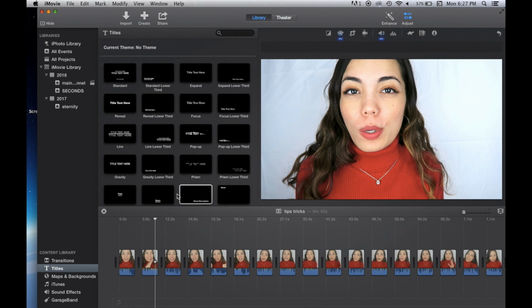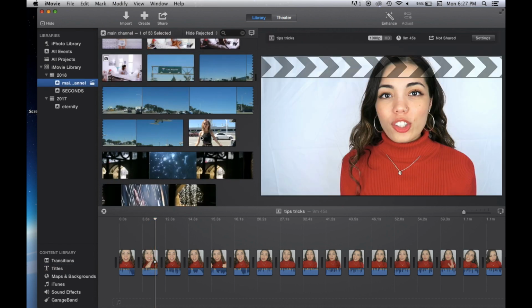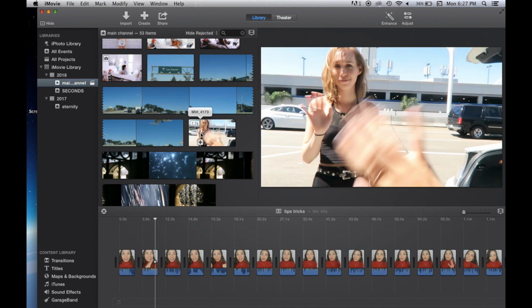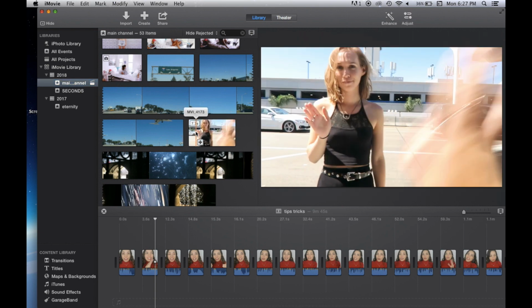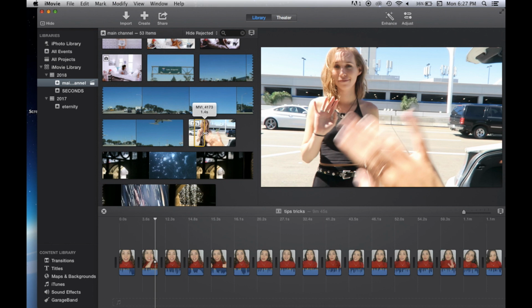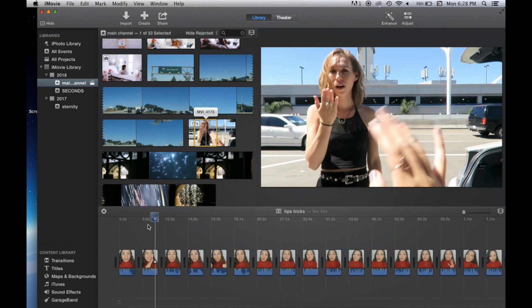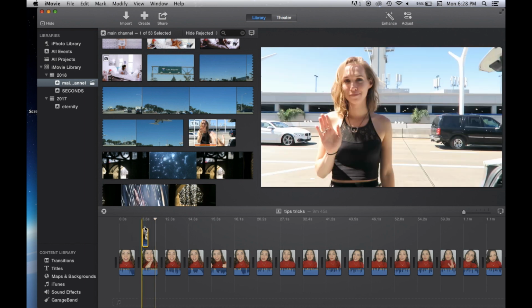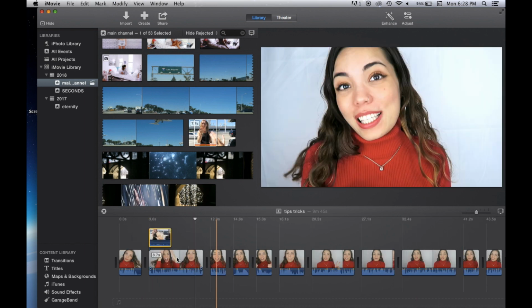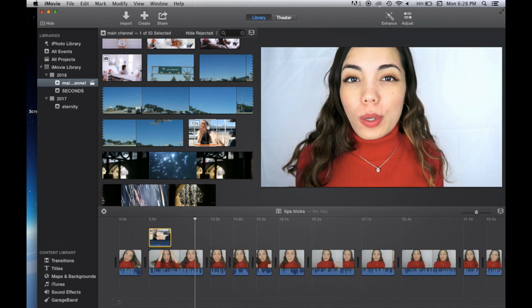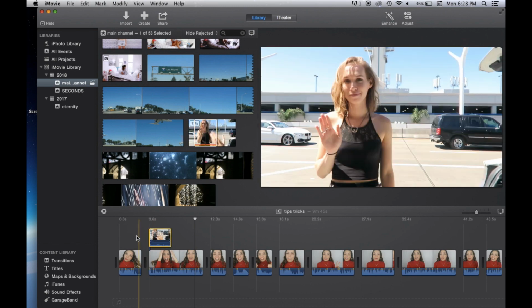Now moving on to overlays. This is another thing that I get a ton of questions on, and that is how to create an overlay on iMovie. So let's say I want to use the saved footage on my iMovie that I have. As an example, I'm just going to drag this footage that I have from summer when Tesla was saying goodbye to me in California and just put it directly on top of a clip that I want it to be at. If you want a cutaway overlay, it's super simple because you just drag the footage right on top,